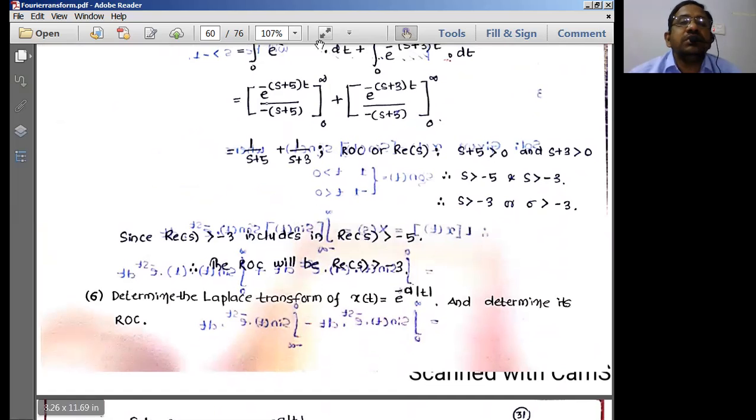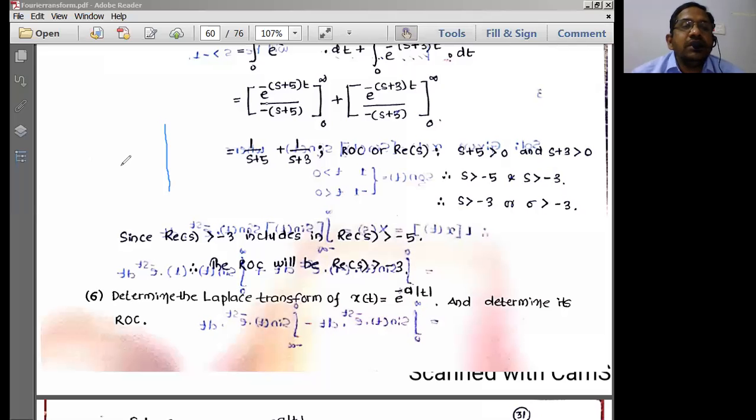So here the ROC is going to lie to the left side. Now look at here, I can just draw this particular plane. This plane is going to have sigma, and the y-axis is going to be j omega. So j omega, this is the plane I have. If you consider sigma and j omega, I'm going to get a plane.